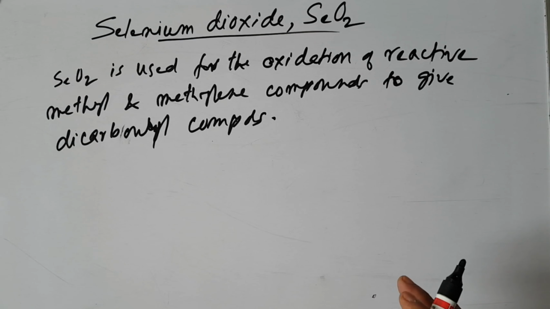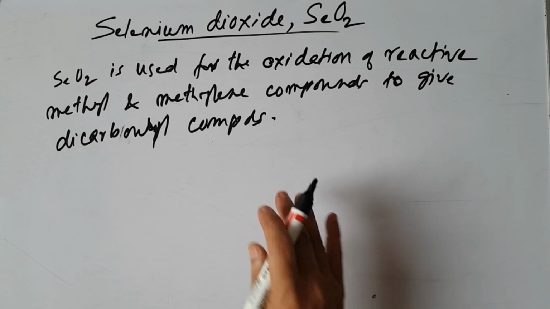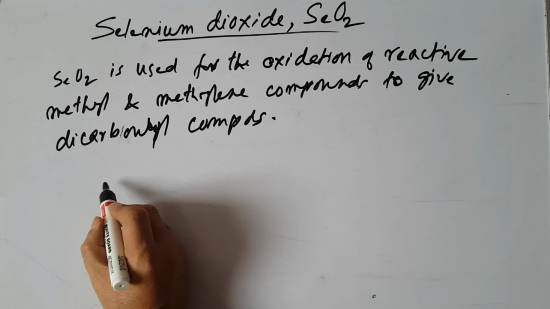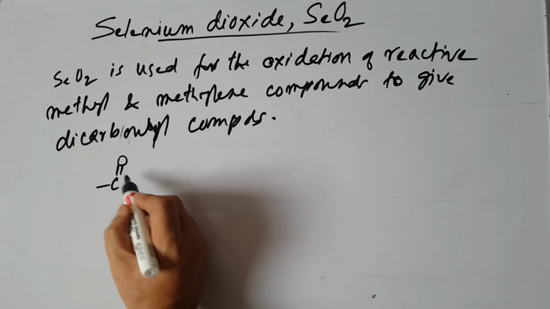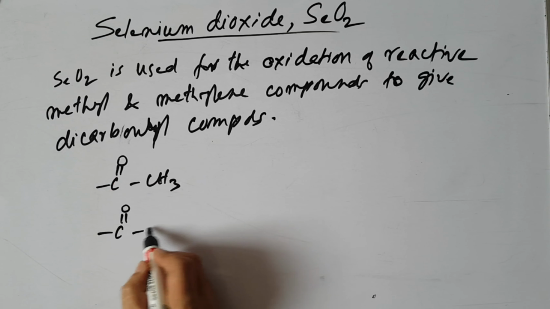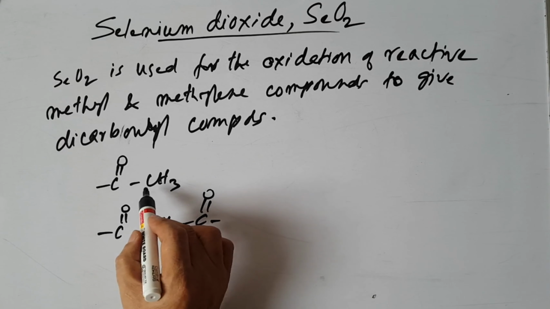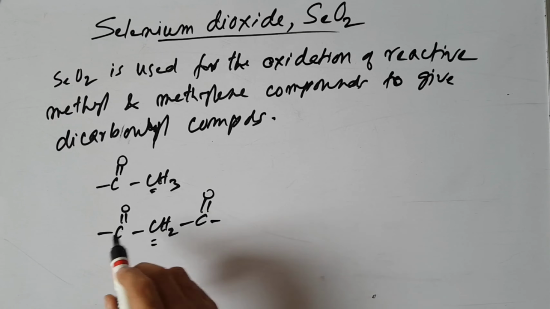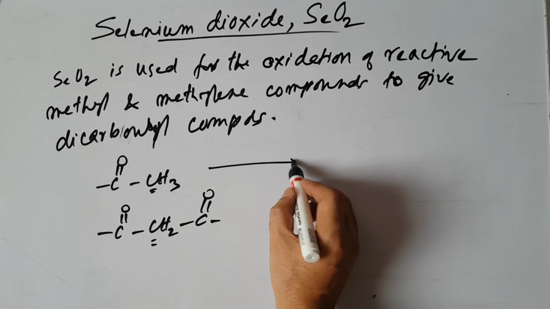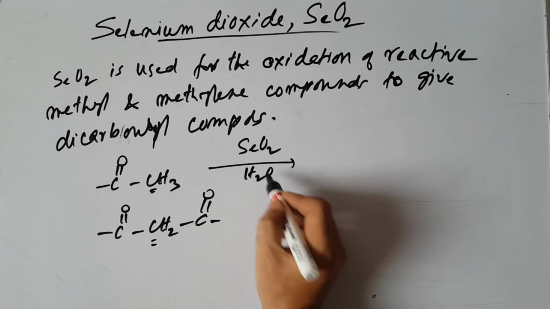So I'm repeating again. Selenium dioxide is used for the oxidation of reactive methyl and methylene groups to give dicarbonyl compounds. Suppose, for example, this type of reactive methyl group, and another reactive methyl group. They are reactive because of the presence of the carbonyl groups. So when oxidized with selenium dioxide in the presence of water,